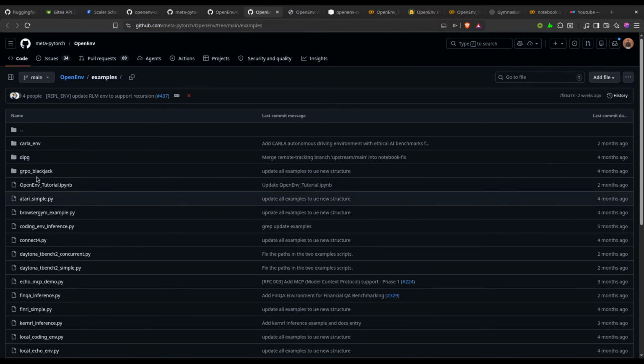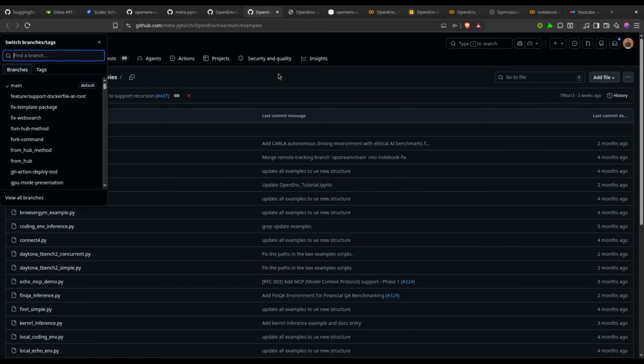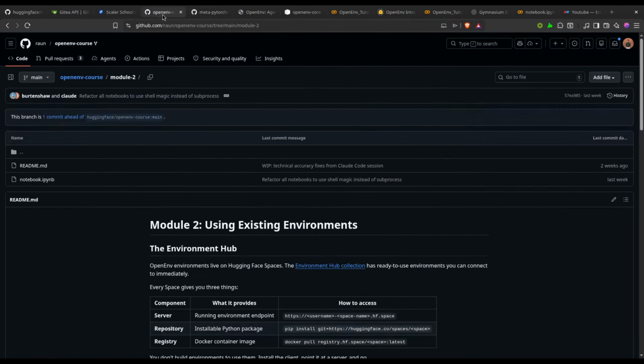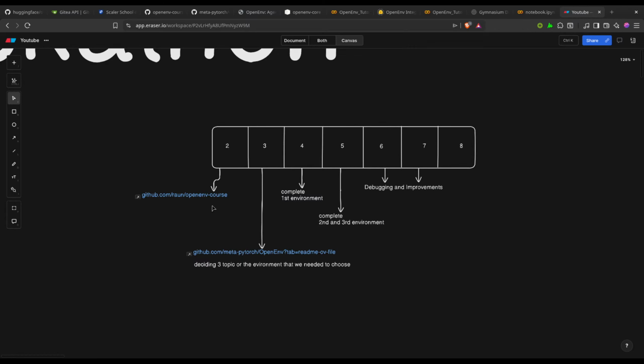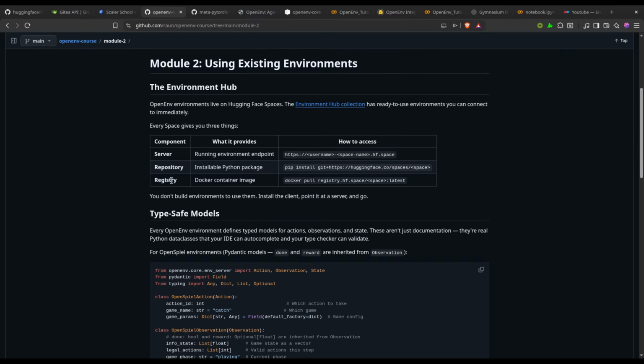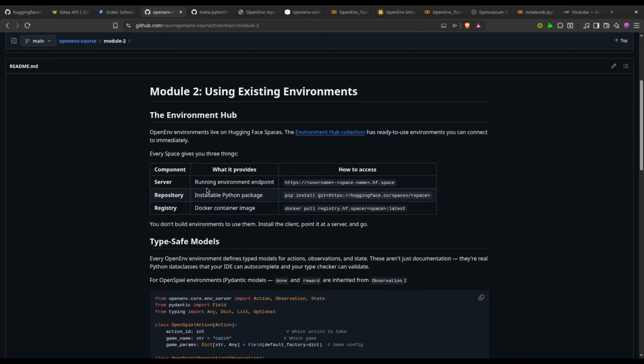So we will see. Okay, so how are they doing it? Because I think in these modules I will be able to understand what the sample use cases are, or how OpenEnv is doing a particular thing, but they might not have covered it in that much depth. So if I want to understand, I might also have to explore this thing. Let's see what we will be doing, and then I have to decide on the three topics. Let's see if the time permits or not. Okay, let's just start doing what we have to do.